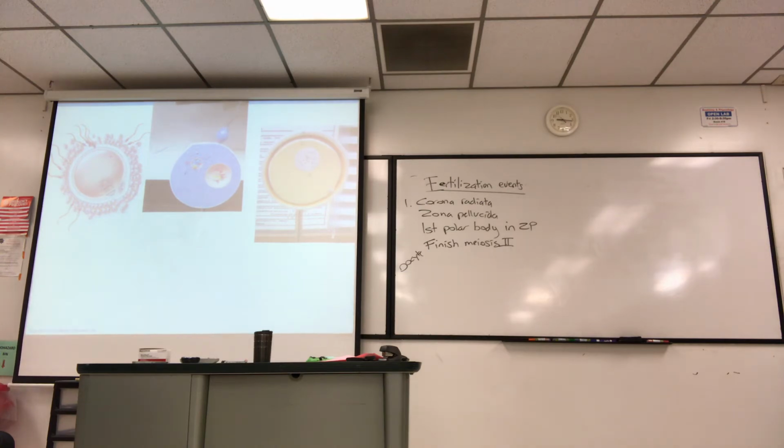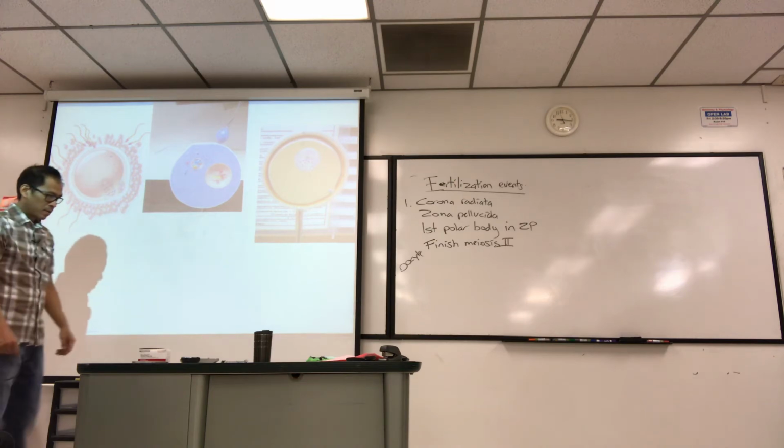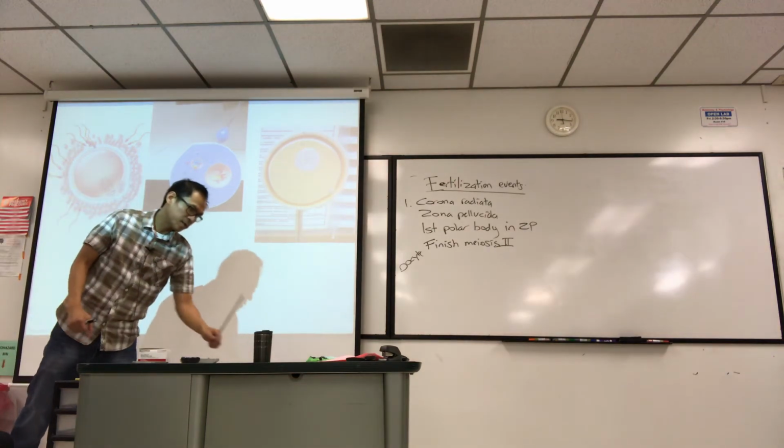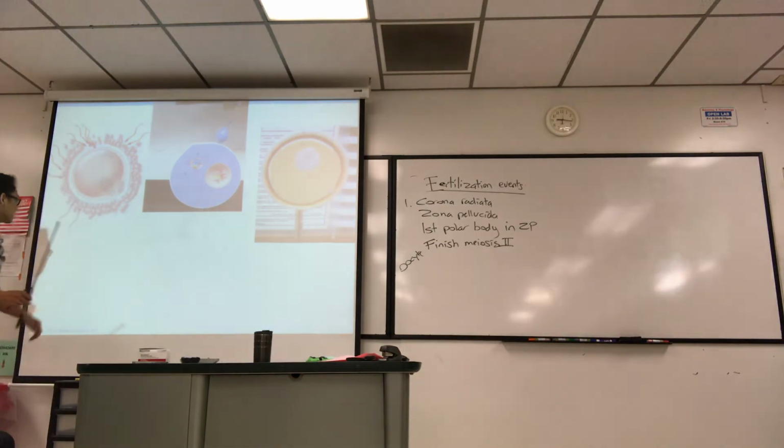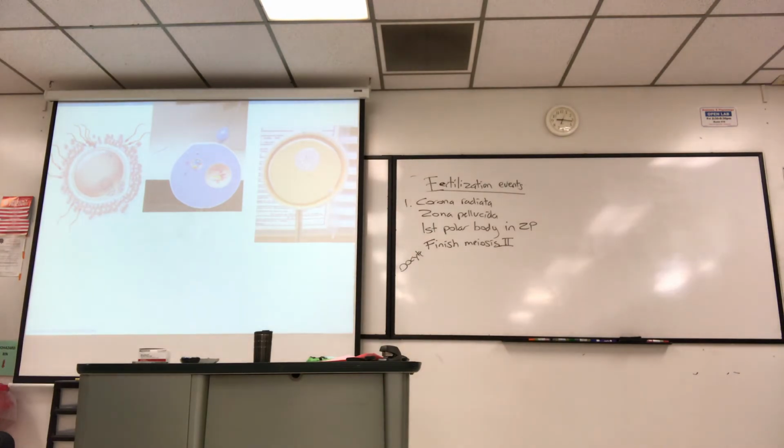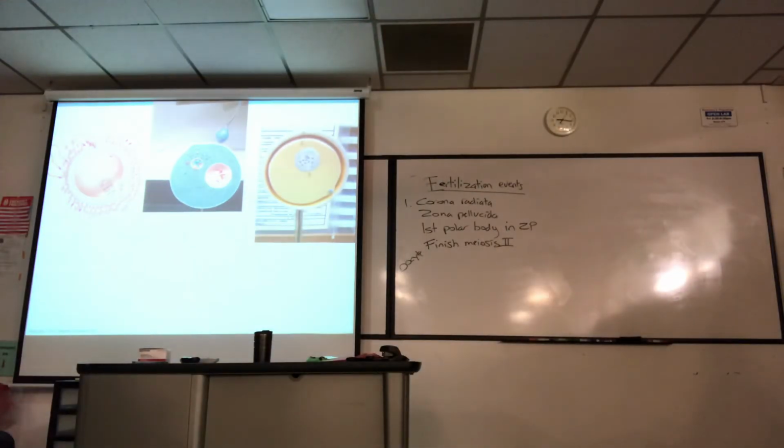And what I did was, we have different models that look at this step in slightly different ways, and it kind of confuses students. Because we're all trying to show you the same thing, but different. So I thought it'd be good to show you all in the lecture. This is like the picture in the book, right? Zona pellucida, the white layer, corona radiata, I'm finishing meiosis 2, first polar body, there's the sperm nucleus. That's the haploid DNA from the male. In this model here, they don't show you corona radiata or ZP, really.